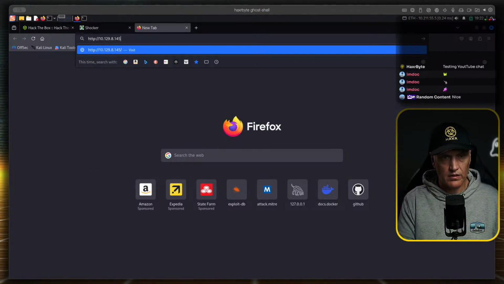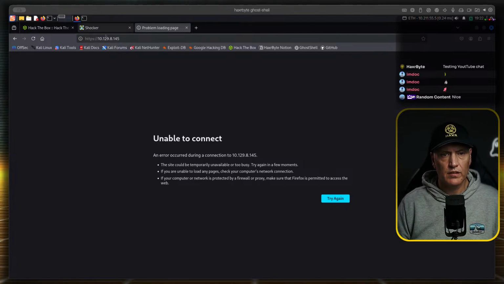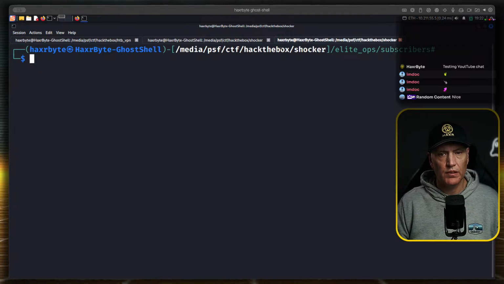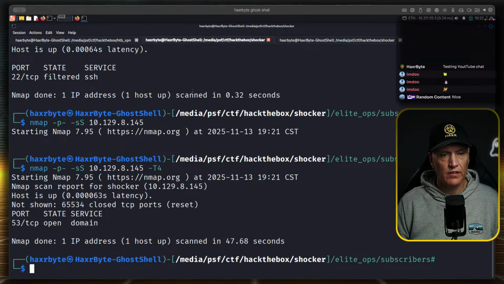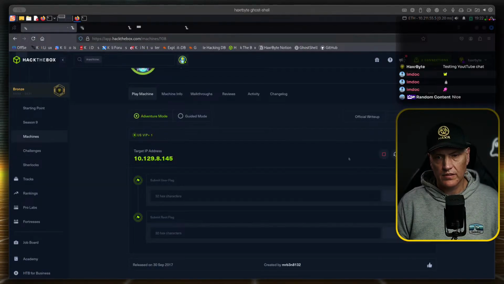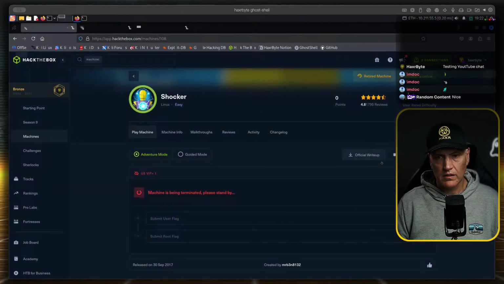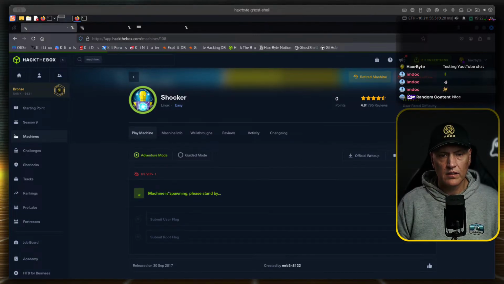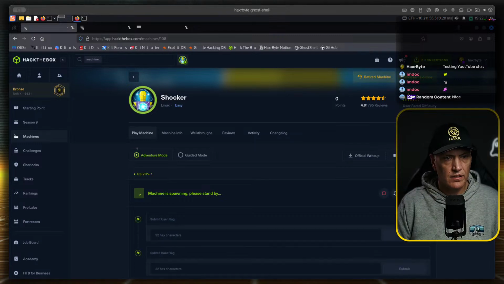Try and browse to it. Definitely won't get there. This is pretty strange. Unless that only reset. Maybe we should try and just respawn it completely. What's this thing doing? And now it's open. So it closed before. I'm just going to stop it, and then spawn a new instance.